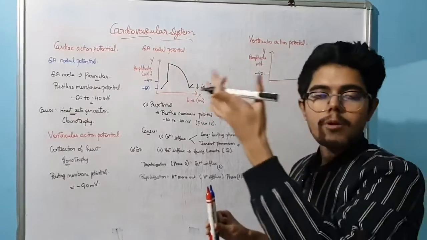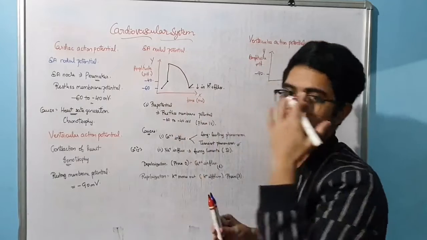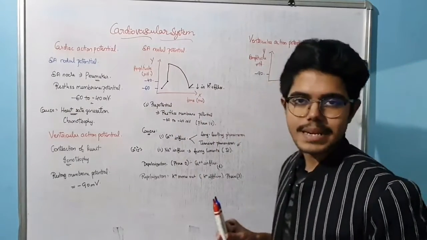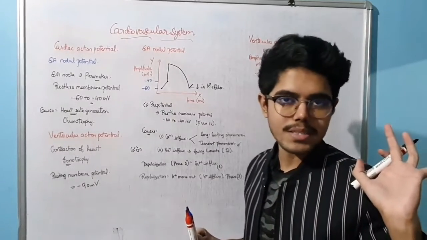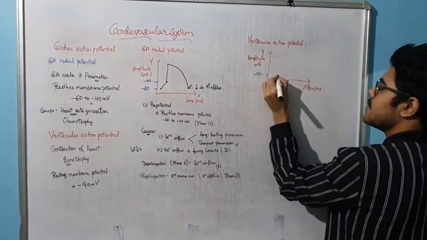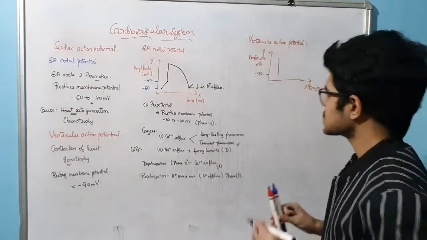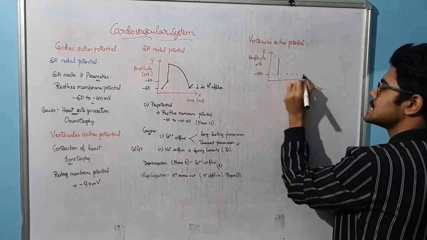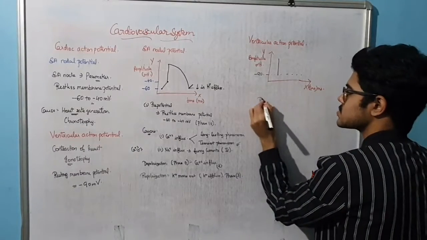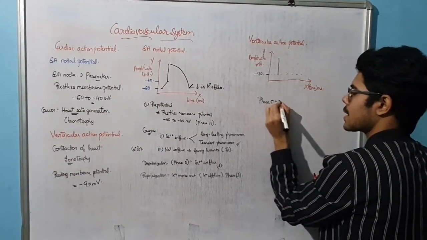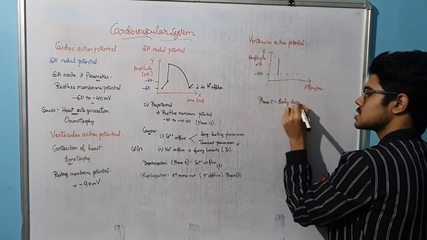There we saw the pre-potential, where because of the value oscillating we had a pre-potential. Here there is a single value, minus 90 mV, so there will be no pre-potential. This you have to know. Instead, there will be direct depolarization, and we have different phases. Phase 0 we call early depolarization.